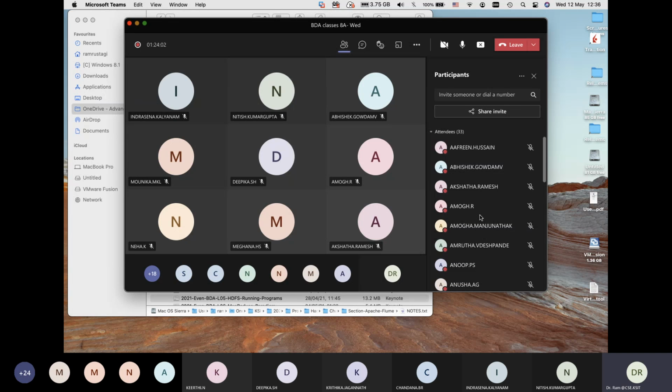What did we do in chaining? So the output of the first mapper would be the input to the second mapper, and the second to the third.